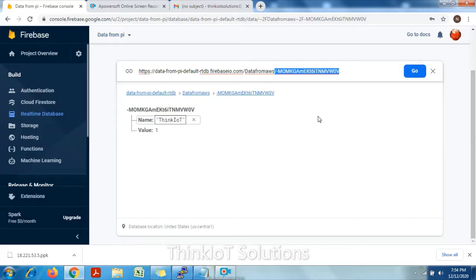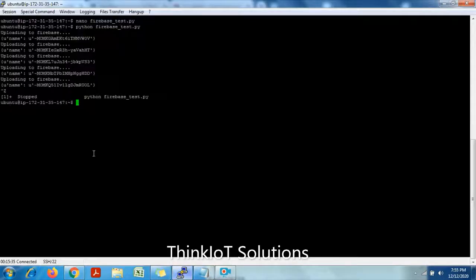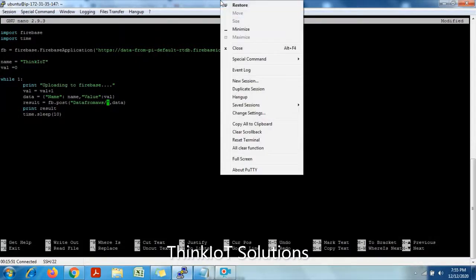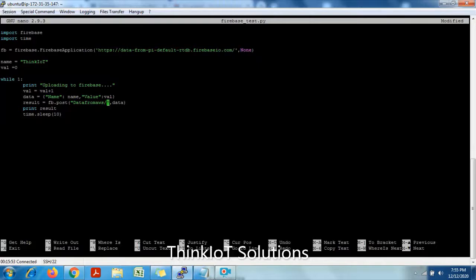And what I will do is I will go to my program and open the program. You can see in my program, to communicate I have specified what the parent is. Here in the parent I need to provide a slash, and I need to provide the child address. Copy it, paste here. How do you paste here? Right click, it will get pasted.